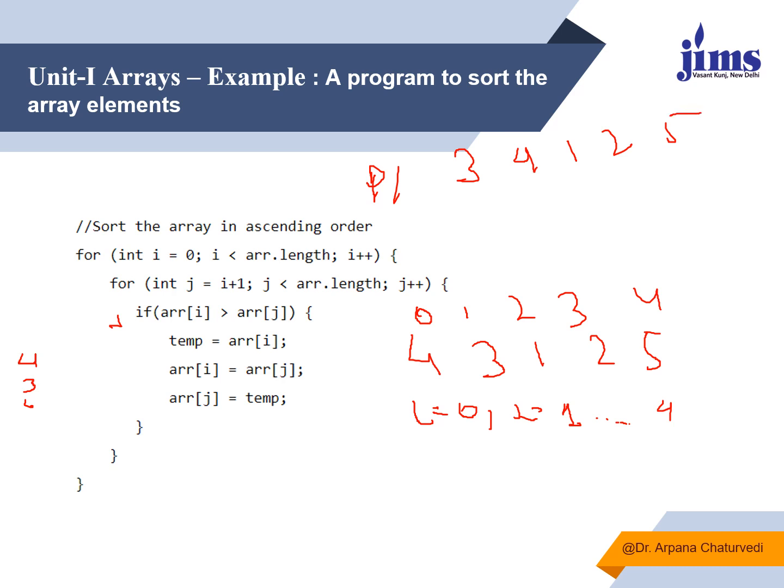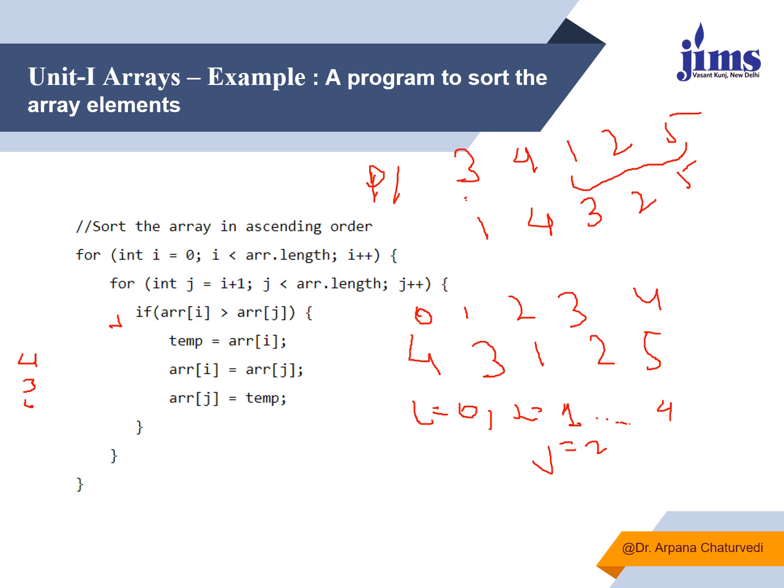Again see, we are in the innermost loop only. j gets increased. Now j becomes 2. And i is having the 0th position element only, that is 3, because i is constant over here. So now this 3 will get compared with the rest of the elements 1, 2, 5. So see, is 3 greater than 1? Yes. The moment we find it, we will put 1 over here. Now it becomes 1, 4, 3, 2, 5.